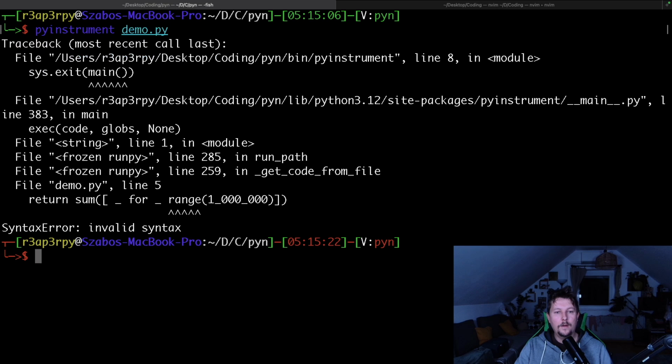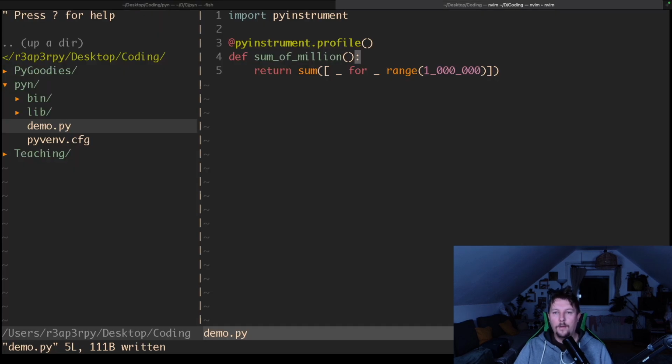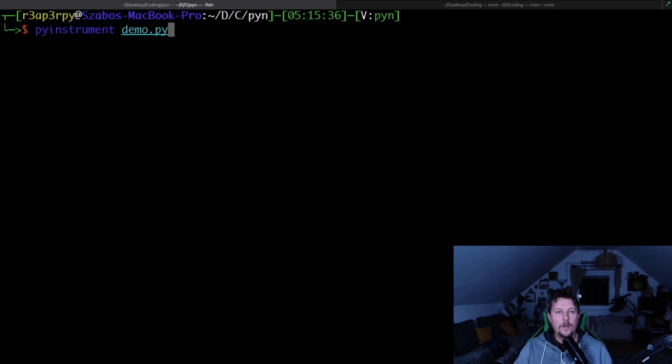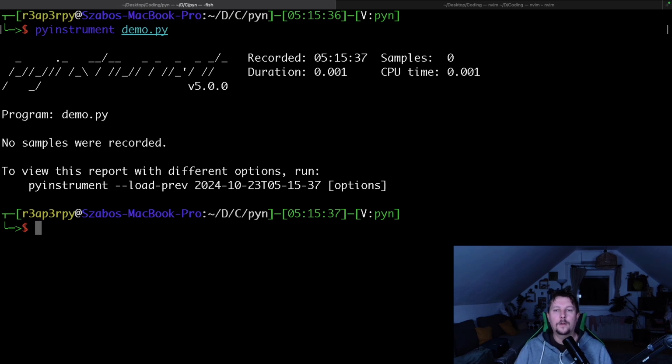And here I have a syntax error. The in keyword is missing. But now, if everything goes well, we should be able to run our profiler. So here you can see that no samples were recorded. To view this report with different options, please run, and this is the argument. So